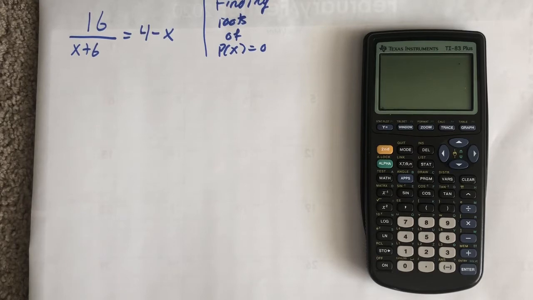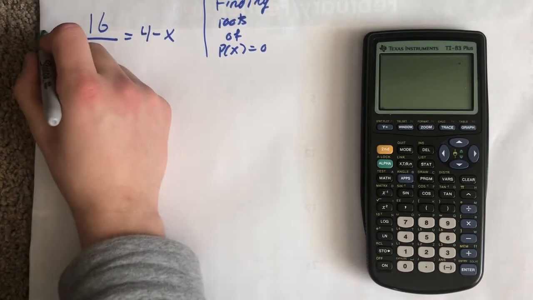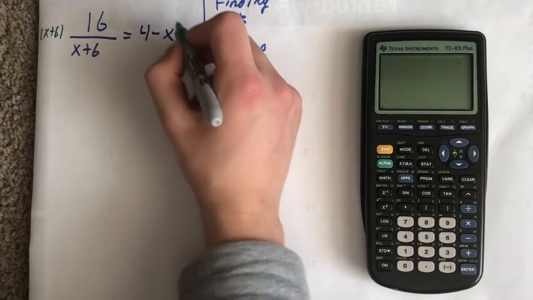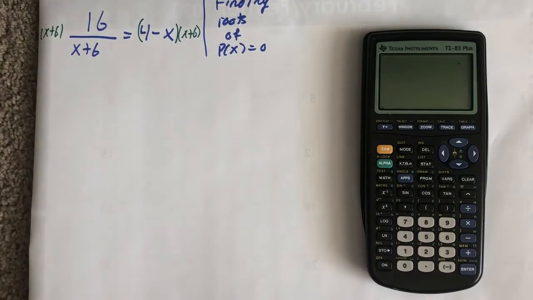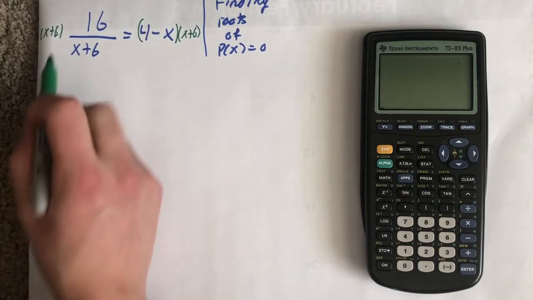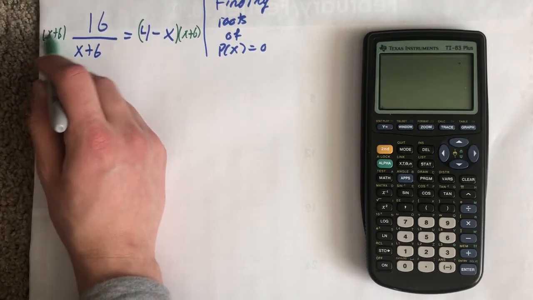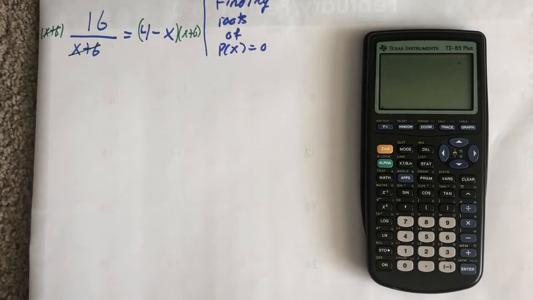So to begin, I'm going to move x plus 6 over to this side. How do I do that? I'm going to multiply both sides by x plus 6. So I'm going to do x plus 6 here and x plus 6 here. Recognize this is multiplying the entire term, not just x on that side. x plus 6 divided by x plus 6 cancels out because that equals 1. And now we can write 16